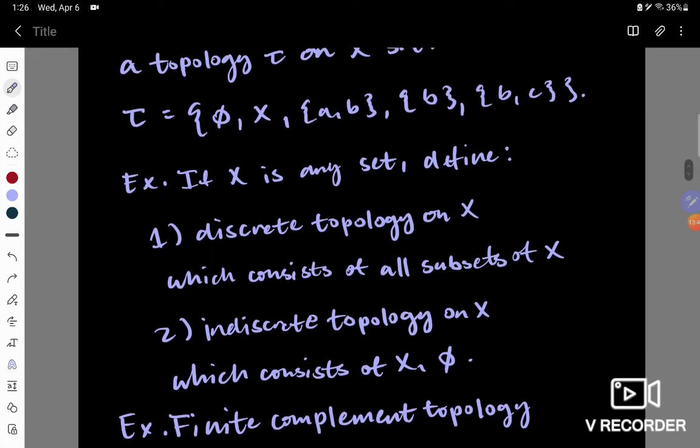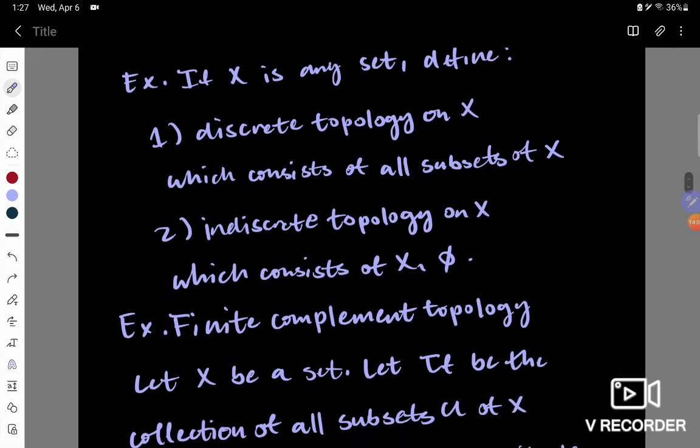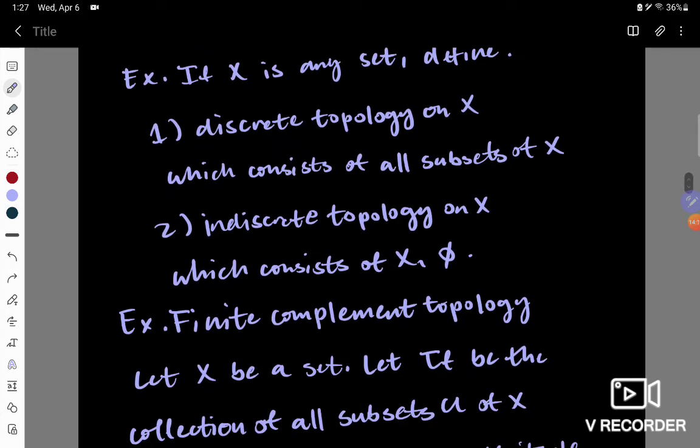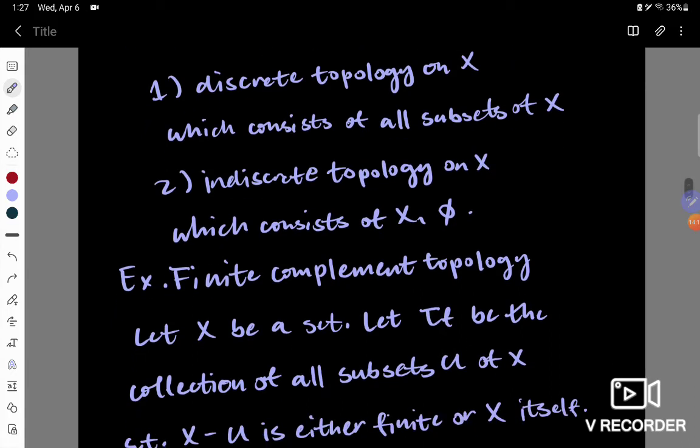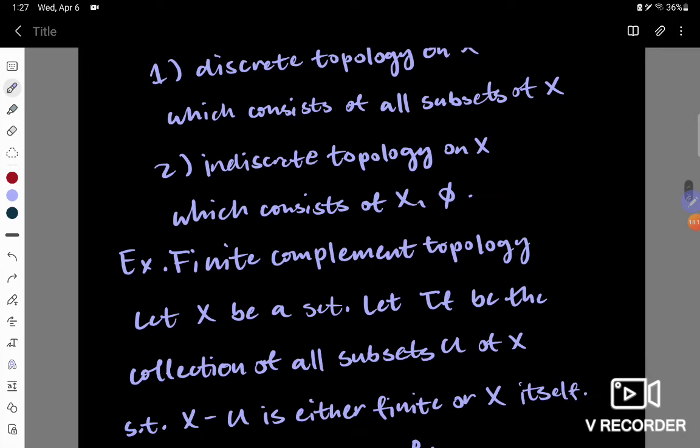Okay, so here's a more robust example which can really illustrate the process of how we might check these axioms in a non-trivial case, not one with 3 points where you can just test each case individually. We have what's called the finite complement topology. As its name suggests, if we let X be a set, we define this topology by declaring all open sets as having complements in X that are finite. This may seem a little awkward, because we're defining the topology based on complements of the open sets,